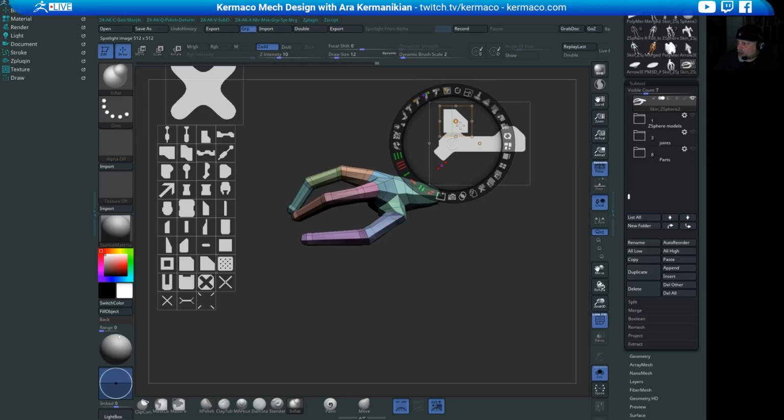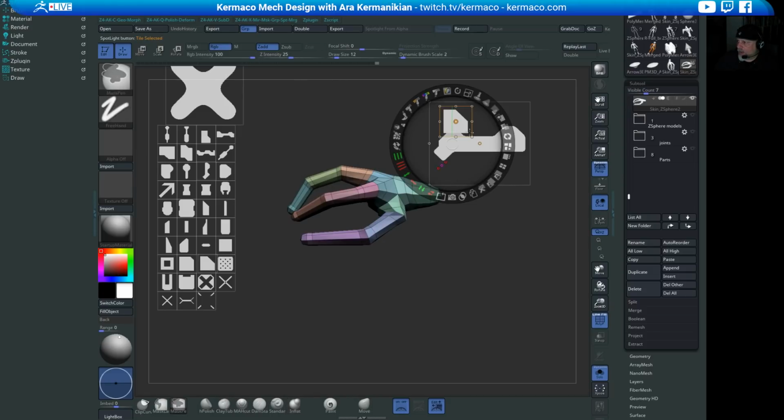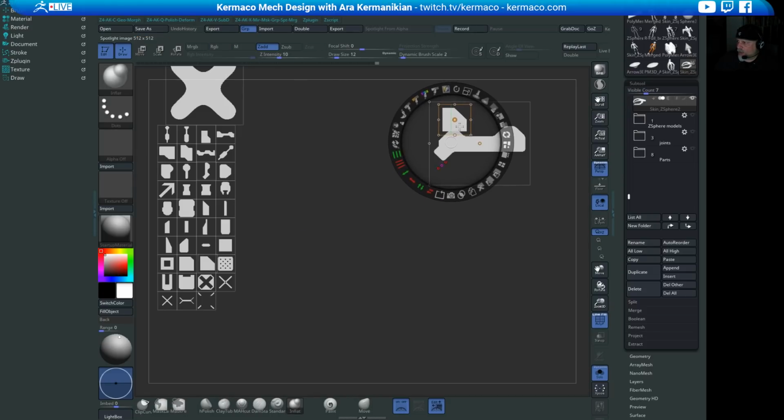So move this over to here, and notice that there's a Boolean here that adds it, but what I want to do is subtract. As I move onto this, up here in the status area, it tells me what I can do. So if I want to subtract it, I have to hold Alt down, which is fine, and I click on this, and now notice that that kind of shaved off that tip up there. So that's good. Again, I can undo. Maybe I don't want to shave off that much of it, maybe this much of it,